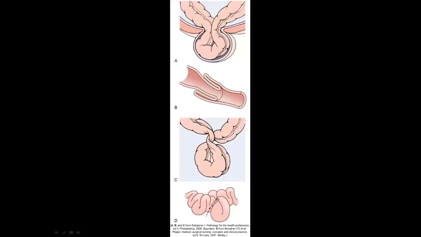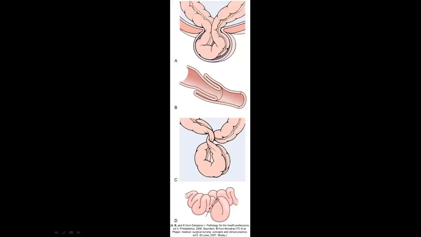The third type that's listed there, letter C, is showing the bowel twisting around itself. The bowel is almost constantly in motion. Remember, we have peristalsis going on all the time, and that peristalsis is moving the bowel. With the bowel in motion, it could twist, and it can actually end up twisting around itself and then causing an